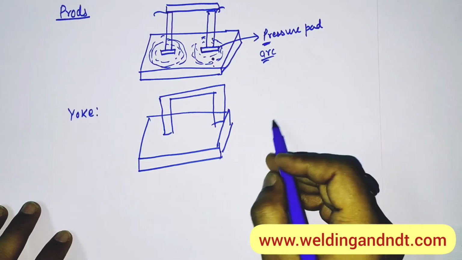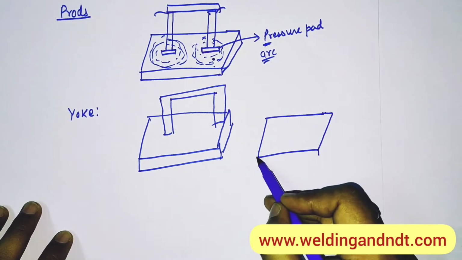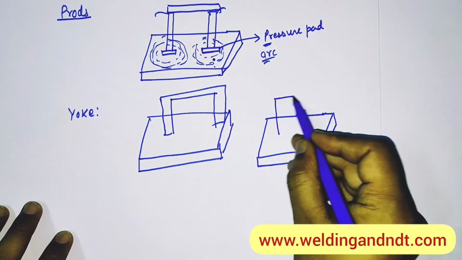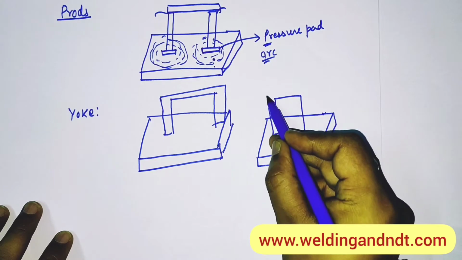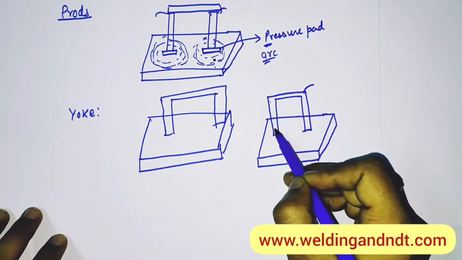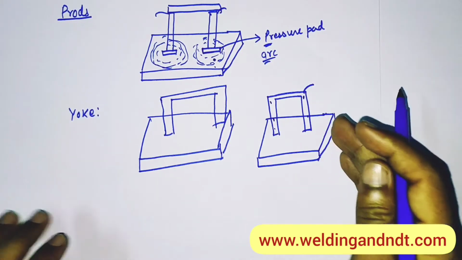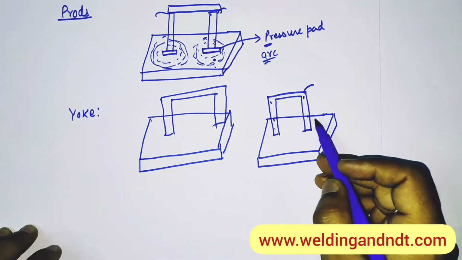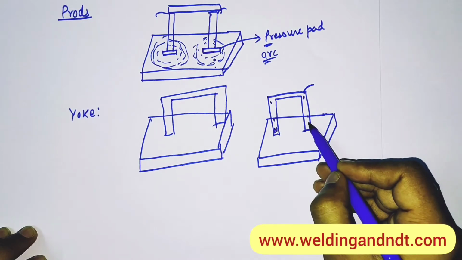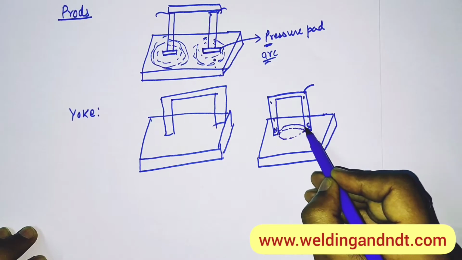Here let me make one more figure. This figure, you will not be able to understand with this figure. So see, like this we have a yoke. This is also connected with the electricity. These yokes, the legs are flexible. Here some hinged mechanism is there. So with the hinged mechanisms, you can adjust the space between the yoke. And in yoke, one leg acts as north pole, other leg acts as south pole, and the magnetic lines of force will flow in this manner.